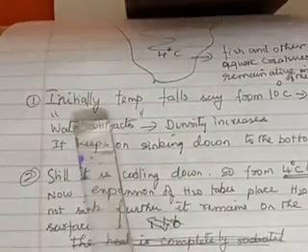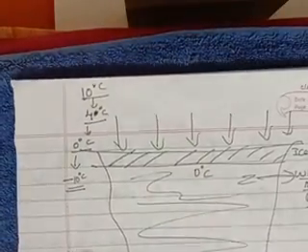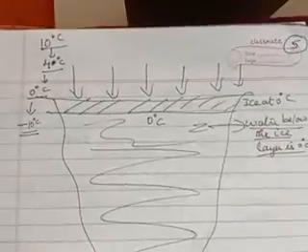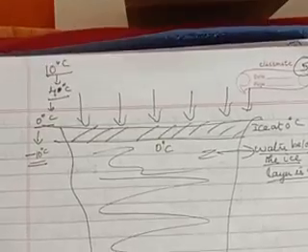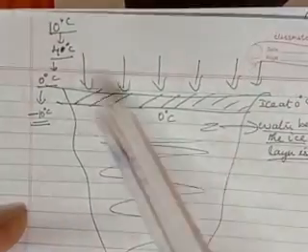Okay. So initially, the temperature falls from 10 degrees to 0 degrees Celsius. Now, you have to just tell me what happens when temperature is falling from 10 degrees Celsius to 4 degrees Celsius. Will it have a normal behavior or abnormal behavior? It will have a normal behavior. Water will behave normally from any temperature till 4 degrees Celsius. As the temperature is falling, the density of the water increases, and the water keeps on sinking down to the bottom, till 4 degrees Celsius.